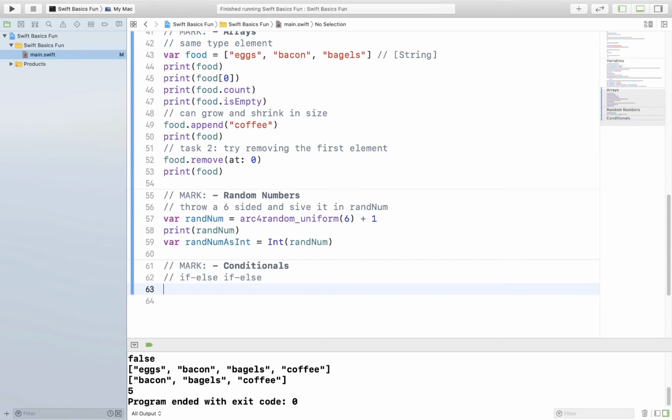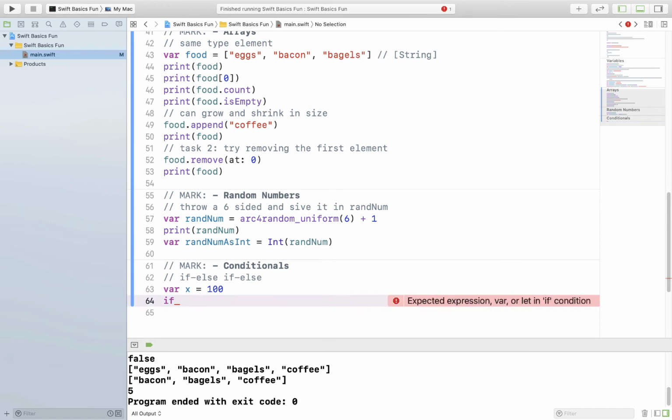So let me just do a really simple example here. Let's have a variable x, and initialize it to 100. Then we're going to have an if statement. Notice this is the standard if keyword, just like the C style. I can have parentheses around my Boolean condition if I want, but I don't have to. So I could do x greater than 90,